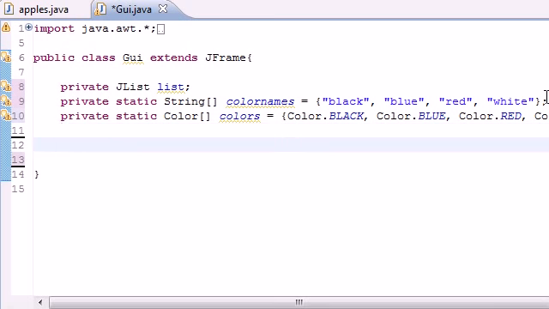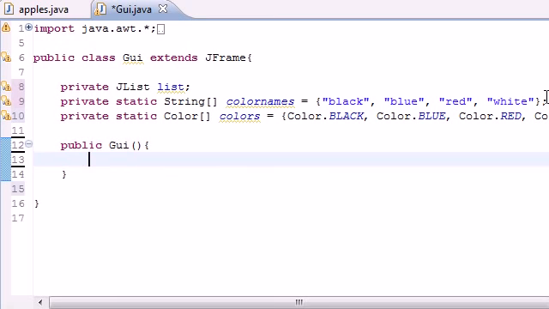And now we have our 3 variables pretty much: list, colorNames, and colors. We can go ahead and build our constructor or window. So go ahead and build your constructor, and it's not going to take any arguments. Just go ahead and do some housekeeping stuff. Add the title,